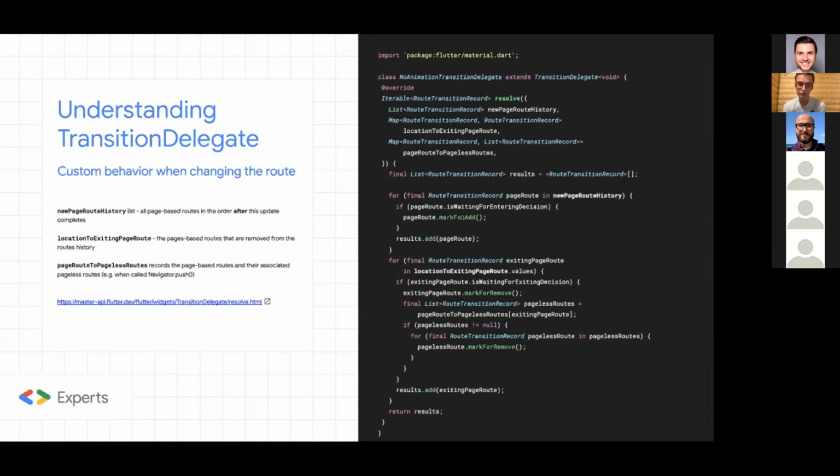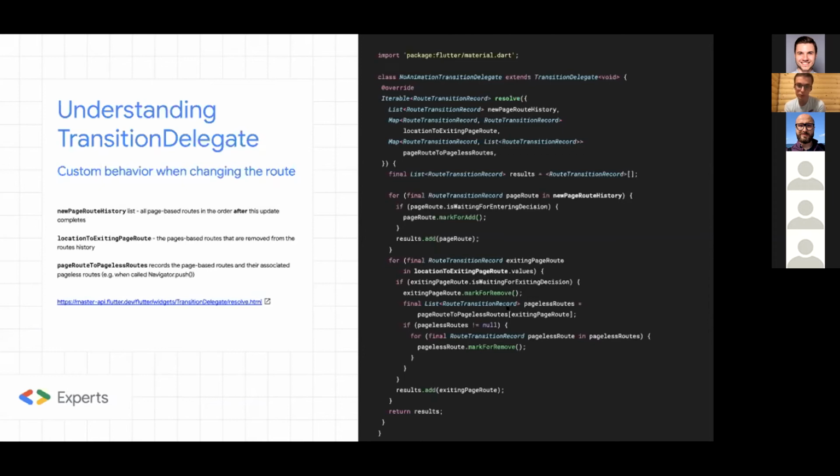For add, there's no animation, because if you add a new page to the stack, it shouldn't be animated. But if you mark it for push, it would be animated. The same happens for remove. If you mark your page route for remove, then there's no animation. If you mark it for pop, it would be animated.